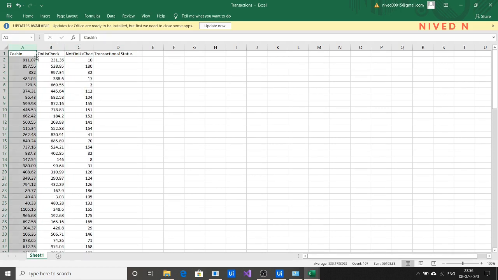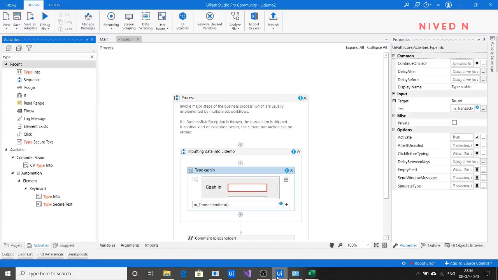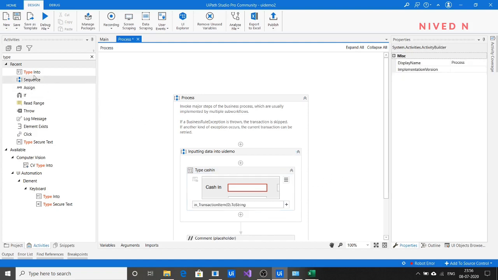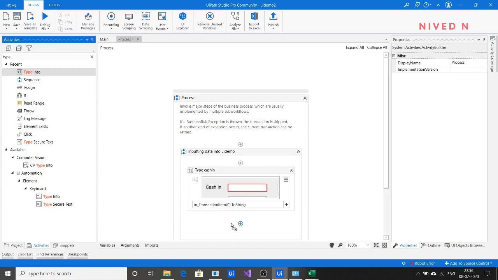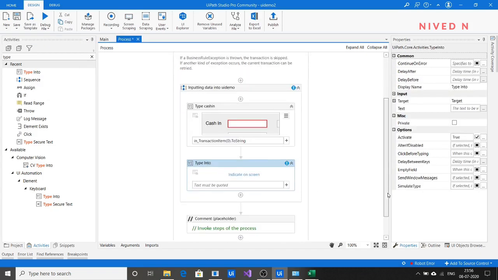So this is the 0th column index. What you have to do is give the value transaction item dot 0 dot to string. Okay, so that we have to do. Similarly, do it for the other two fields also.